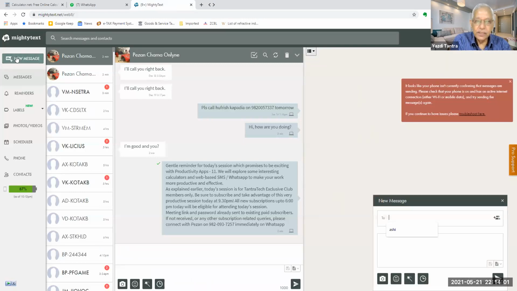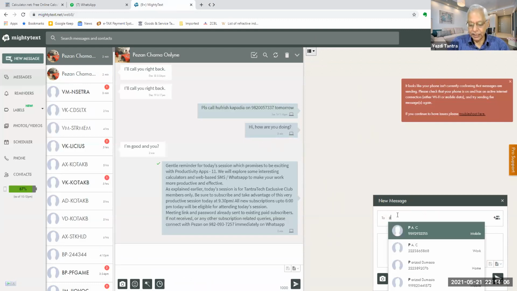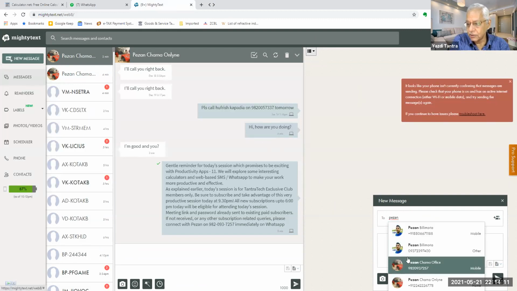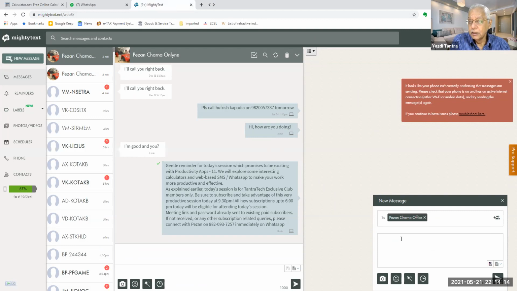Okay. So when I say new message, I type the name of the person. So automatically, directly from my Gmail account. Why did I have to connect my Gmail? Because on my Gmail account, I have all my address book. Now I can type a message out here. If you see here, there is an indicator of how many characters I have used. So normally an SMS message will be how much? 120 characters, 160 characters, something in that region.